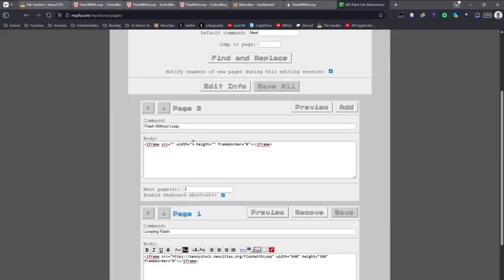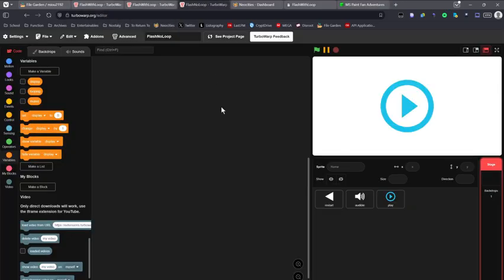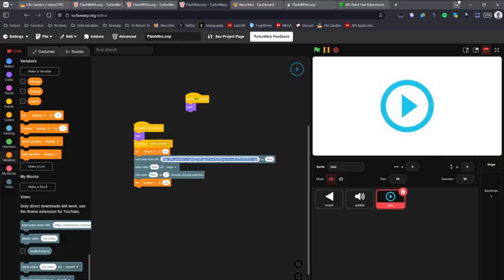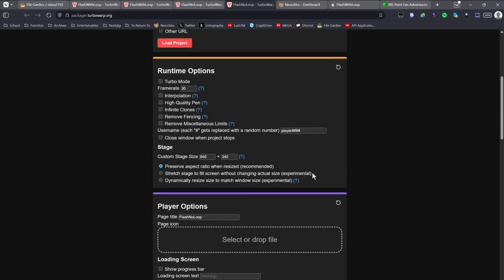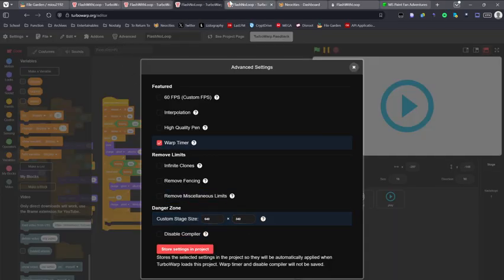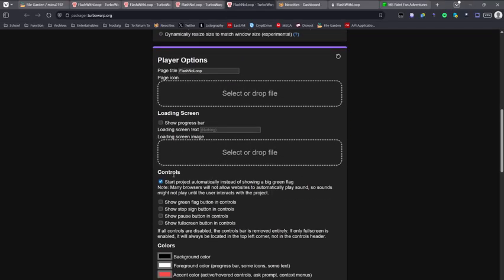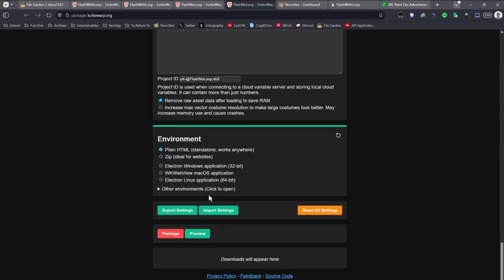Now we're going to do the one that doesn't have loop, which is basically the same set of steps, but I'm going to do it a little quicker this time to see if you can catch up. You're going to replace this link with the link to your video, as per usual, and do the same thing here in the restart sprite. Then save it to your computer, just in case. Then package the project. Do whatever you want with the other settings, but make sure that the custom stage size is correct. So this one is 640 by 340. Then deselect this one, select this one, go down, plain HTML, and package. I already did this, so I'm not going to click package.